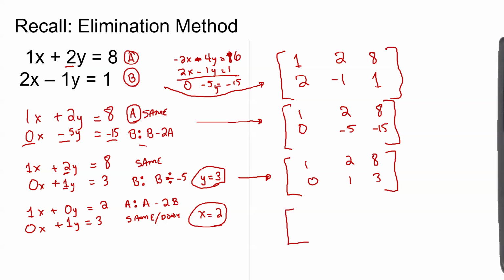And then the last step here was to leave the second line alone and do that thing where we took the 2 minus 2 times 1 would be a 0 right here. And the 8 minus 2 times 3 was a 2. And the 1 minus 2 times 0 is still 1. What we've done here,